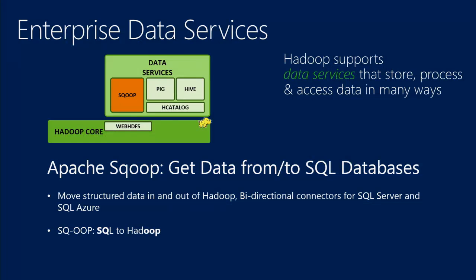So when you're thinking of loading data into SQL Server and then pushing it out to Hadoop for batch analytics or historical analysis or different use cases, you can use Scoop to do that in parallel from SQL Server to Hadoop, and vice versa. If you have done analysis in Hadoop and you want to take that result set and move it back into SQL Server, you can use this as well to go from a Hadoop file back into a SQL Server table. It's a nice, flexible, easy to use connector between SQL Server and Hadoop, as well as SQL Azure if you're working in the Azure environment.